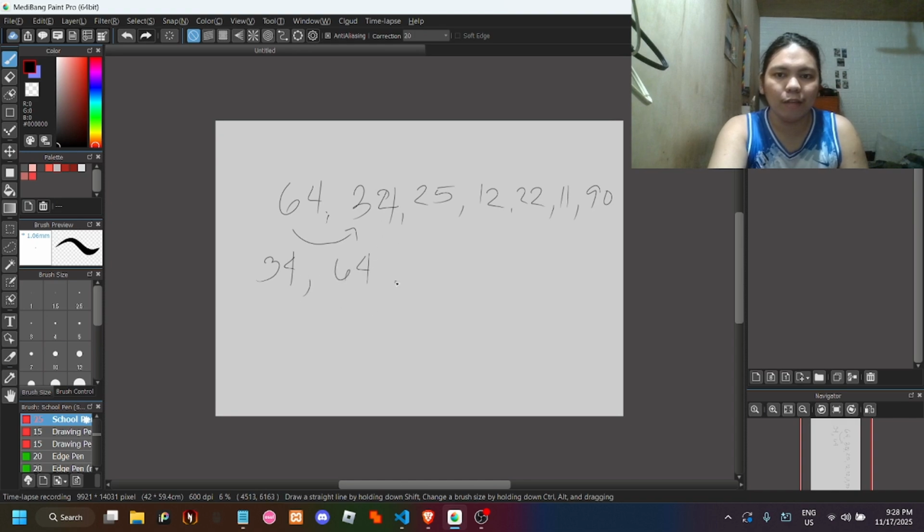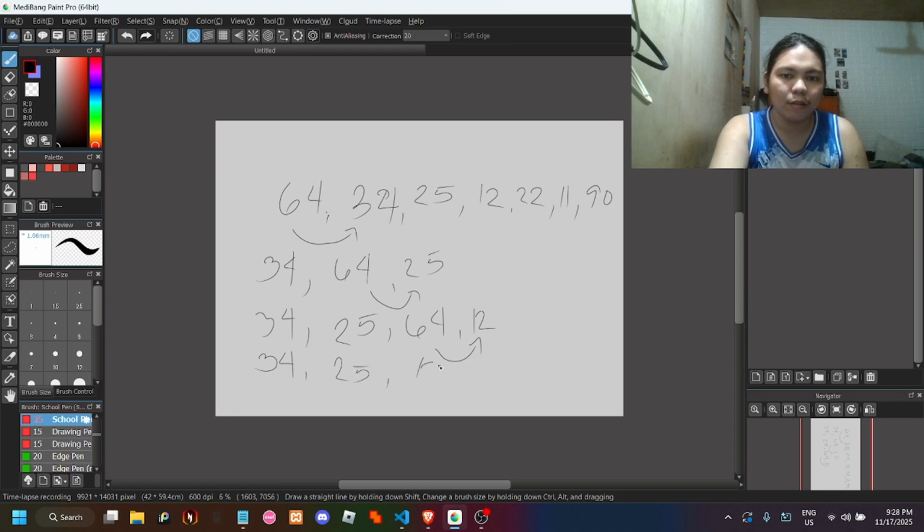Then it will look at 25, so 34, 25, then 64. After that, it will look at 12. So again, 34, 25, 12, 64.